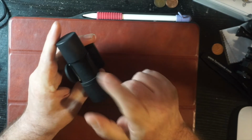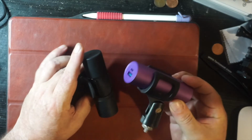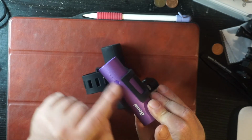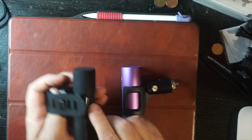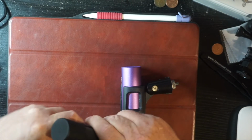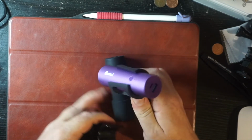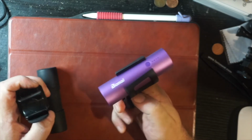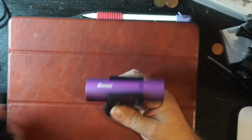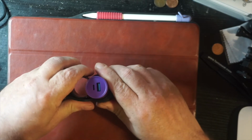I did actually buy another one here, but it's too big to fit. I'll get this off. It was too big. This is a mic holder. That was my other idea, put it in a mic holder, but that doesn't fit in there. It's too big,